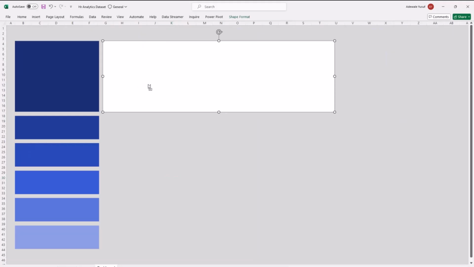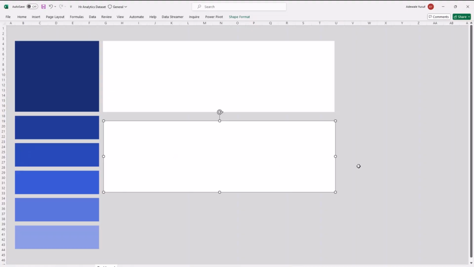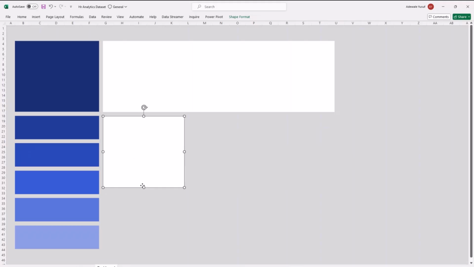Then the next thing is I want to do another shape here. So I'm basically going to create another one here. I'm putting this one just right here, right? And I'm duplicating it again, putting another one down here. Okay, so now I have this one, and then you keep creating, just duplicate until you have